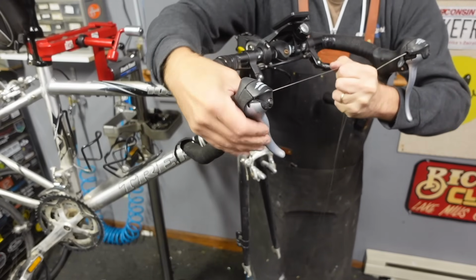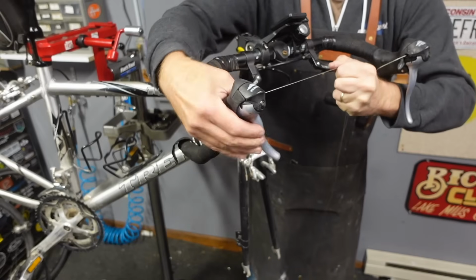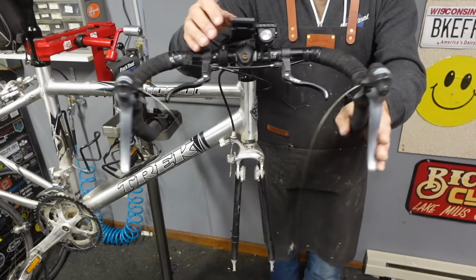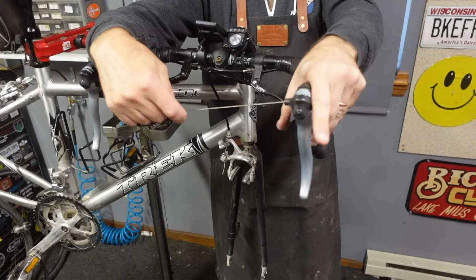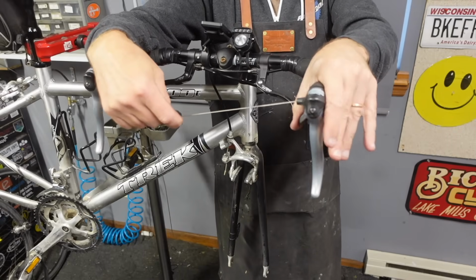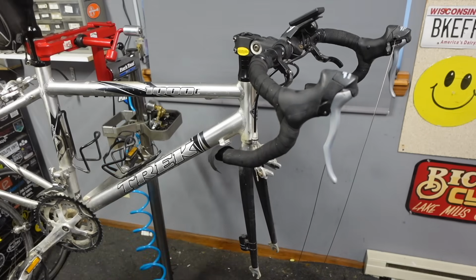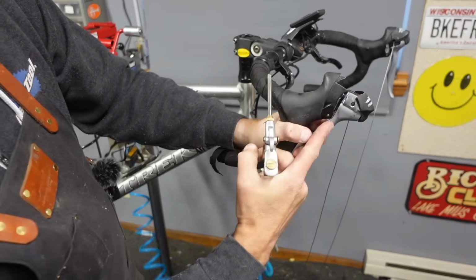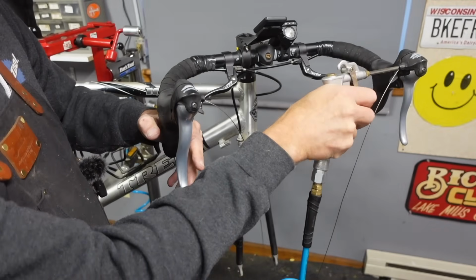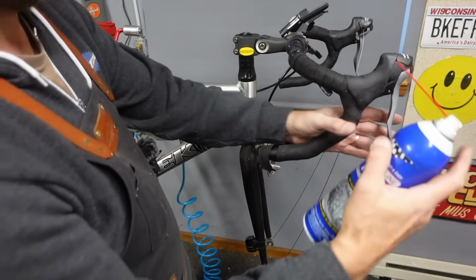So there's little pawls in there on really fine springs that engage those gears to get all the clicking noises. And they were lubricated 25 years ago in the factory, and that lubrication gets coagulated over time. And then your clicks go away, and you just kind of have to flush out that old lube with the degreaser, work things a little bit. Okay, and then you can see that black just kind of come out. Okay, that dries things out a little bit, and then I take one step, which is like a cleaner and degreaser,